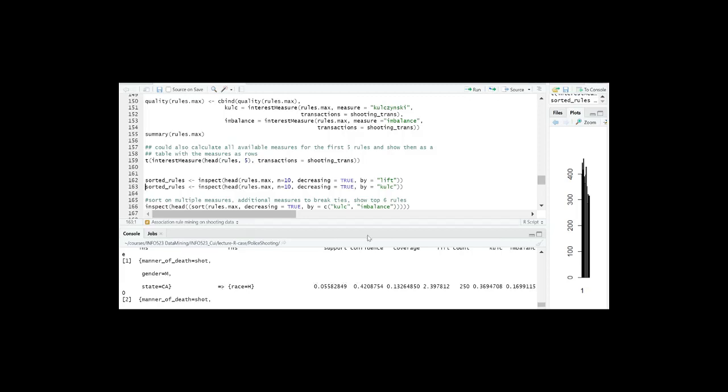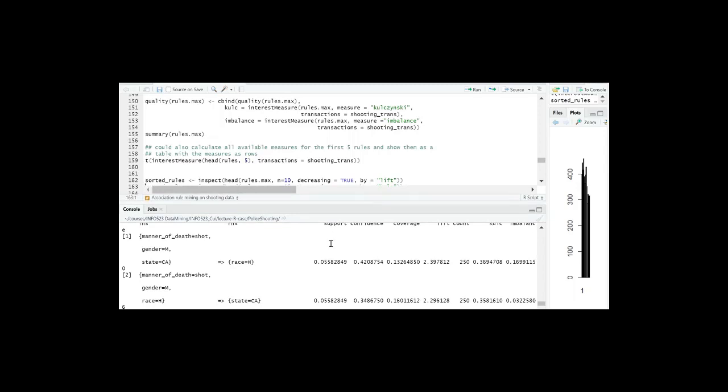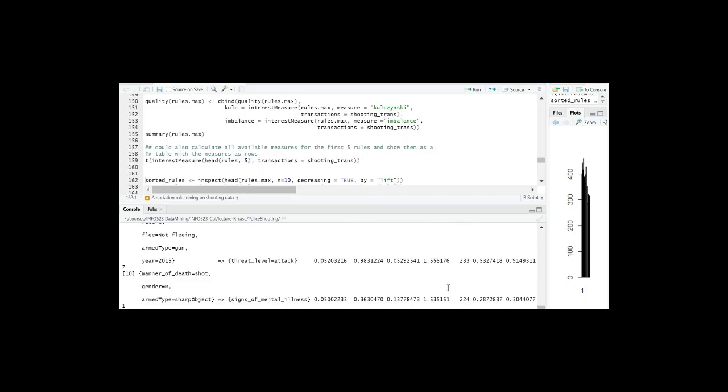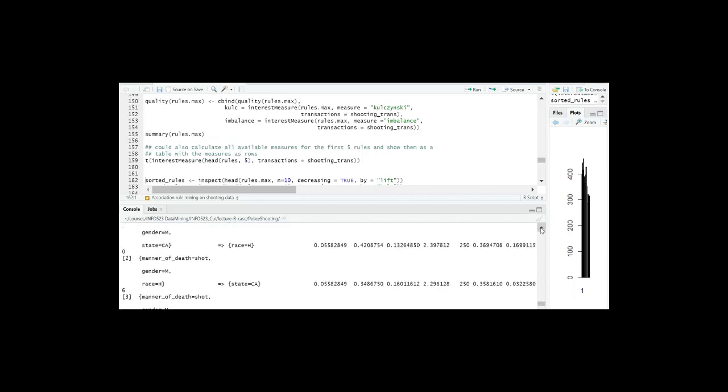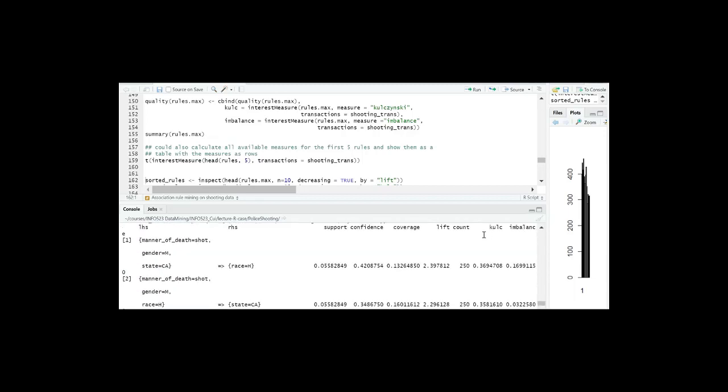But we can examine the goodness measures. We can see that support is 0.05, confidence is quite low, coverage is quite low, and lift, although it shows positive, Cool basically says it's negative.